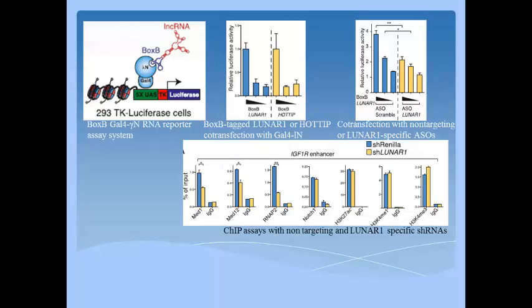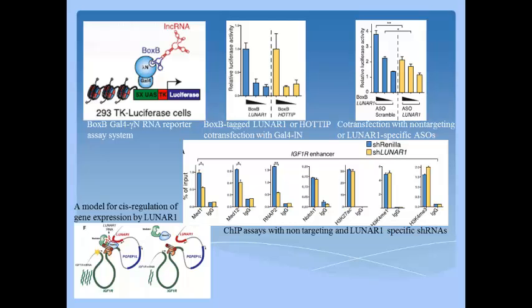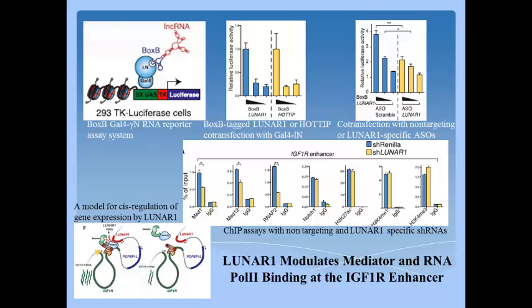Using ChIP assays, authors show that the intronic IGF-1R enhancer activates LUNAR1, which then co-occupies the element and further recruits Mediator in order to sustain full activation of the IGF-1R promoter. A model is shown here. These results clearly demonstrate a role for lncRNA